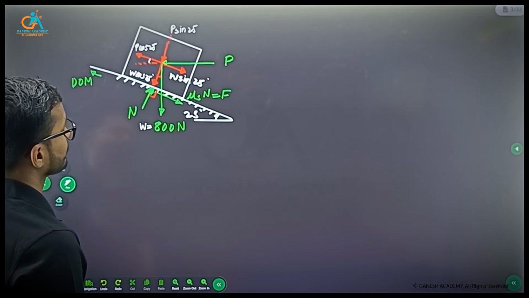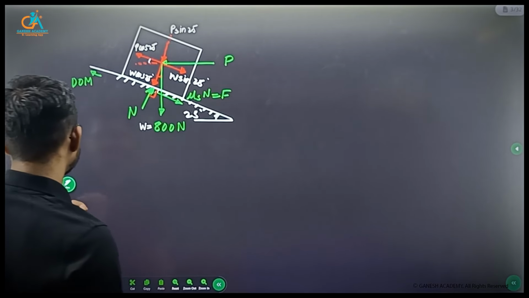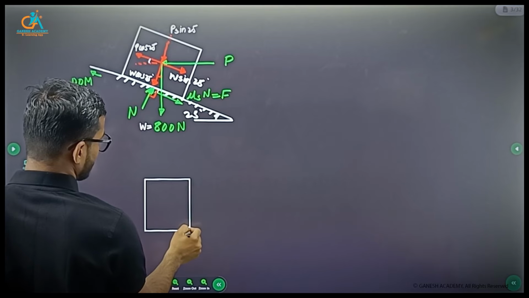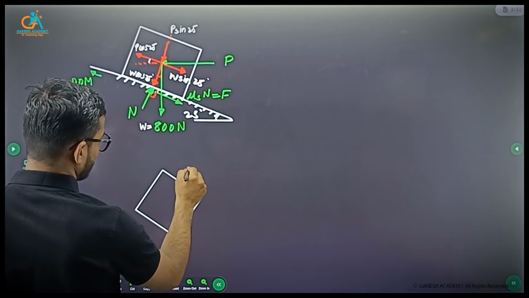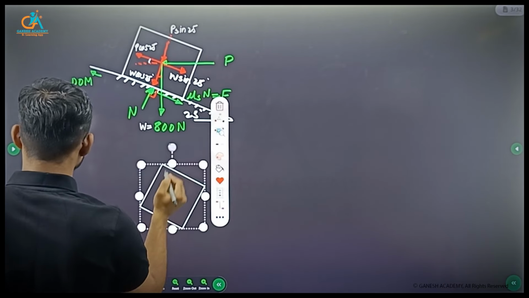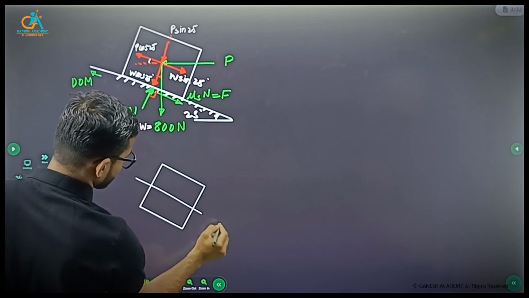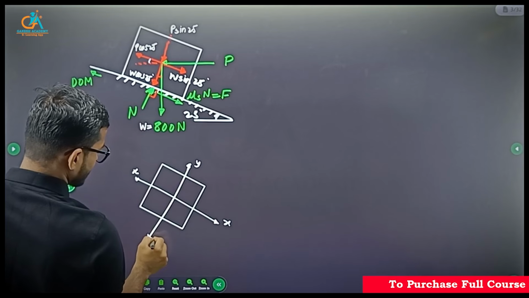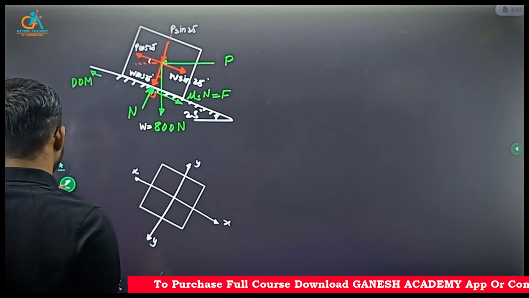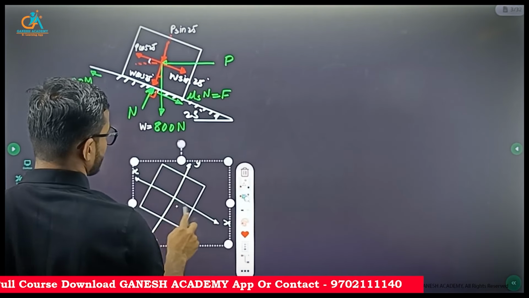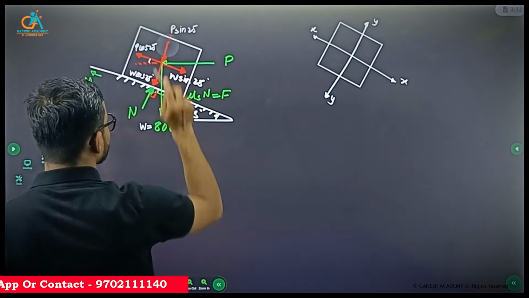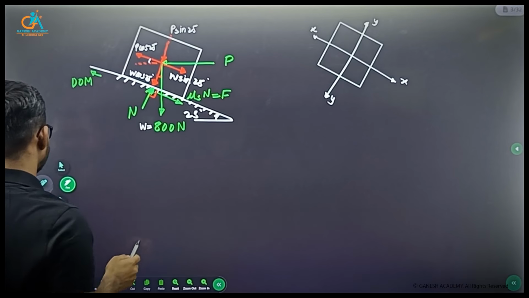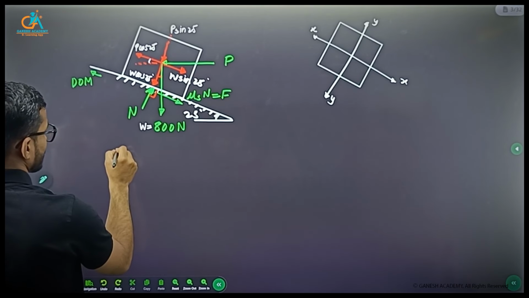ओके, सो फॉर आवर कन्वीनियंस हम क्या करेंगे, ये जो इंक्लाइन प्लेन है इसमें हम रेफरेंस एक्सिस कंसीडर करेंगे, एक्स एक्स एंड वाई वाई एक्सिस. सो बहुत सारे फोर्सेस इन्वॉल्व है, हमें उसको कंडीशंस ऑफ इक्विलिब्रियम अप्लाई करना है. ओके, सो फर्स्ट फॉर इम्पेंडिंग मोशन